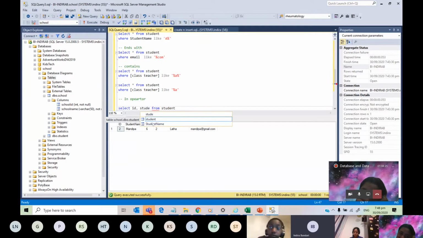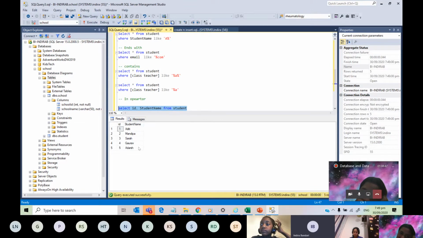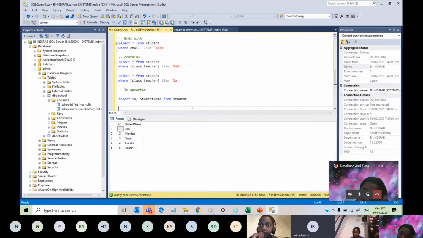If you want just two columns, you say ID comma student name, and there should not be a comma after student name. Then you get only those two columns instead of all the columns. That's a good question, Nitya.